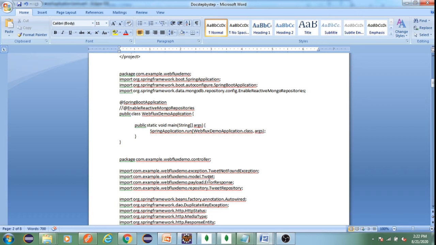So in the tweet controller, we can look into the REST endpoints. The first is when we are getting all the tweets, as the number of resources, it is going to return a collection of resources. So a collection of tweet objects it is going to return. When it returns a collection, as we know, we have to map it with a Flux, and when it returns a single resource, then it has to be mapped with a Mono. So this is what we are practicing with.